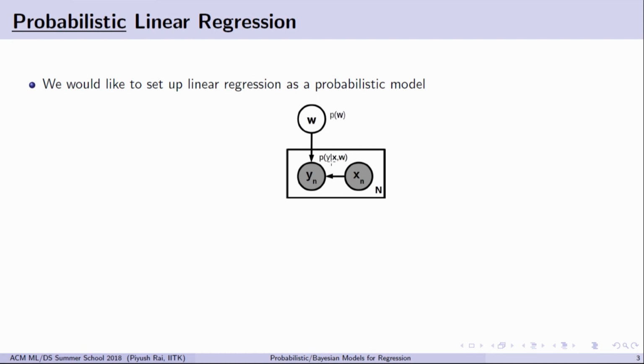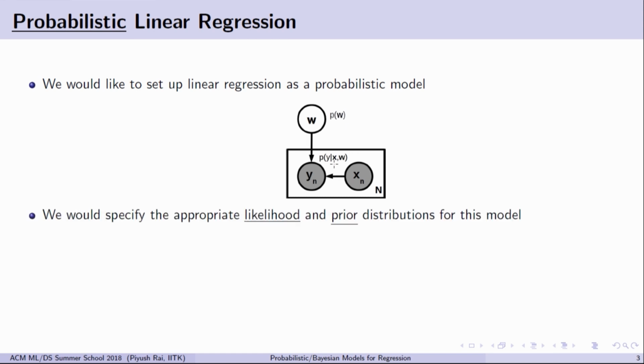So this is just a notation that I'm using. But you can even suppress the X here. You can just say that it's P of Y given W. But since we are also making Y depend on X, I have explicitly kept X in this notation. So as I said, in order to set up a probabilistic version of this model,